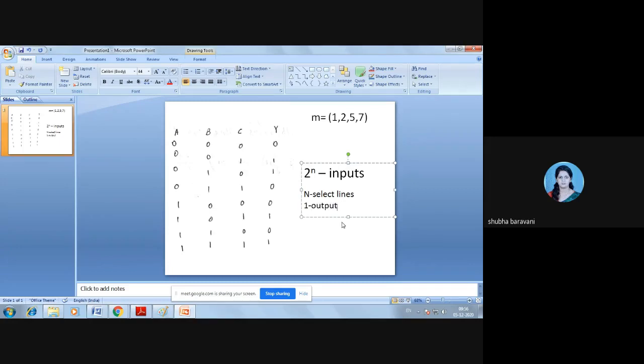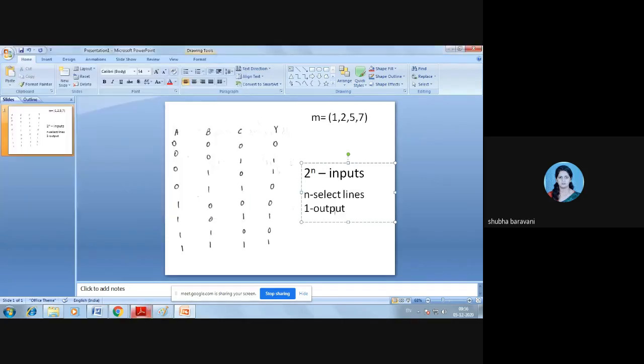This concept you should remember. A multiplexer is a device which is having 2 power n inputs, n select lines and 1 output. This is the definition of a multiplexer.